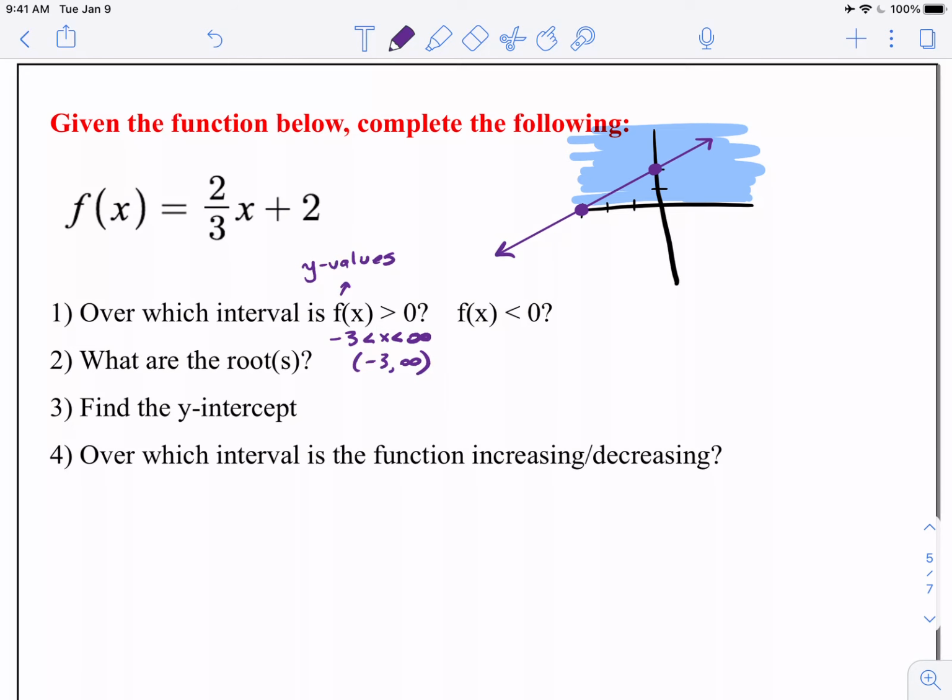Now, where's f of x going to be less than 0? Same idea. Now we're talking about this. So where is it under the x-axis? Once again, where are the y values below 0? That's going to happen from -infinity up until -3. So it's almost like an increasing, decreasing, which if you look is in question 4, kind of the same idea, but in a different light. We're giving an interval, but now it's in regards to 0. We're not necessarily saying, obviously this graph is always increasing, which we'll talk about, but